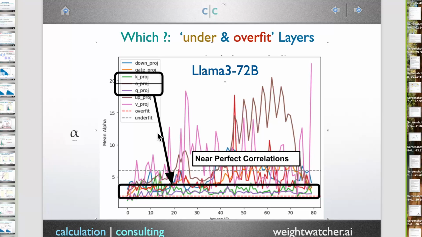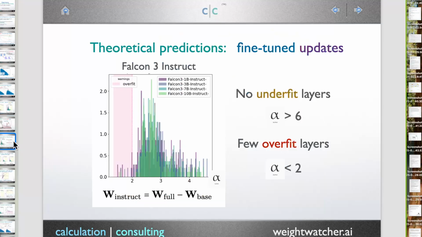With Qwen, with Mistral, you'll see the same thing, that the K and Q blocks are the strongly correlated blocks. Those are the things where the attention is happening. And these other layers don't seem to require as many correlations, or maybe if they were correlated better, these models would work better. So this is a lot of how the theory works, and you can use the tool to monitor your own models. But you may not be training foundation models. Maybe you're doing fine tuning. Fine tuning is even more interesting.